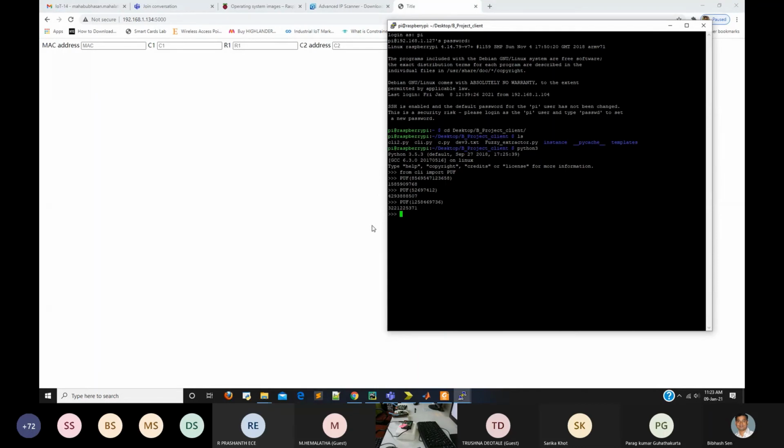So 3 PUF challenge responses are done. We have to enter them into the database. To enter them, I'll simply copy and paste so that no mismatch occurs.